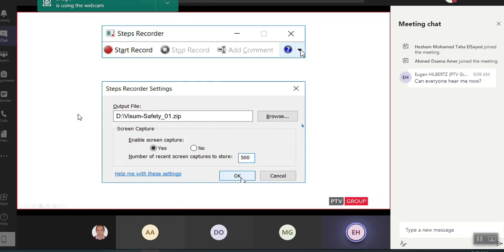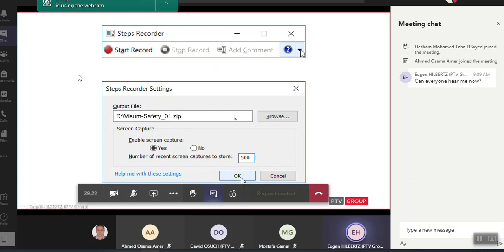Inside the classroom I will do it sometimes, but not here. But feel free, if you like to record your steps, what you are doing, then you can do it with a steps recorder, and you can give a name. That is recommended to do before you start. So you click here on that black arrow,